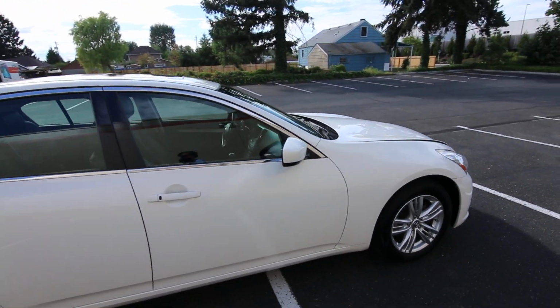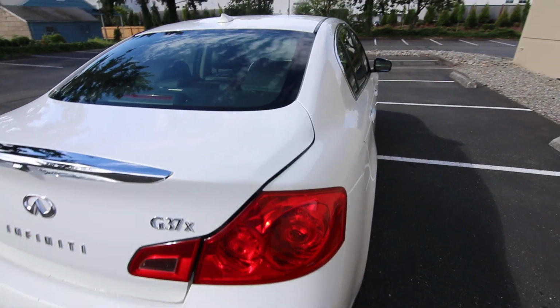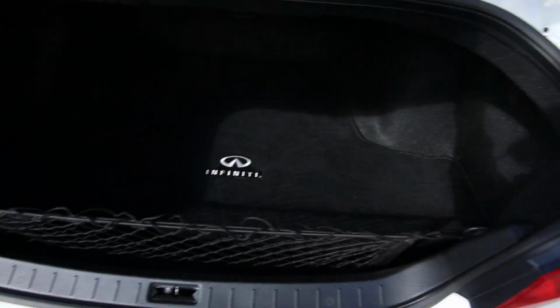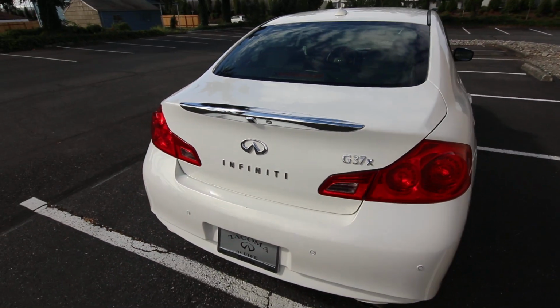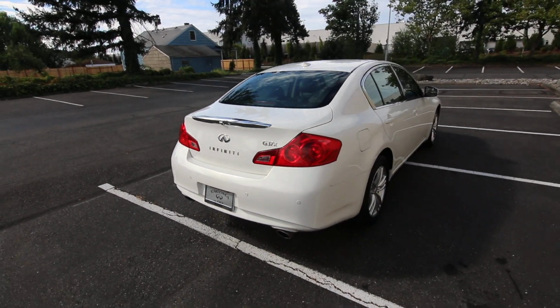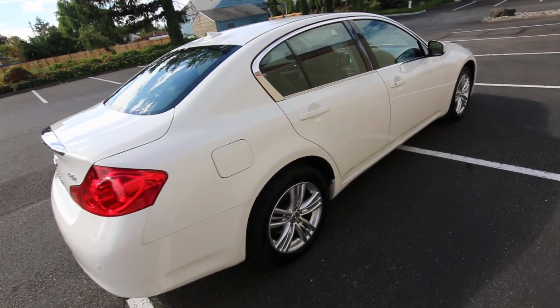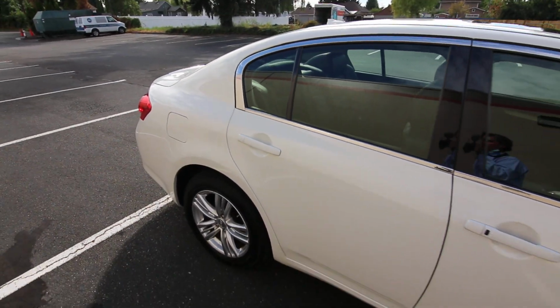And this one also features intelligent all-wheel drive. Rear-wheel drive is standard, but all-wheel drive is optional. The all-wheel drive system will greatly improve your wet weather performance. Obviously wet roads are quite often something we have to deal with here in the Pacific Northwest. So with all-wheel drive, this thing just grips and goes, and it's intelligent, so when all-wheel drive is not needed,